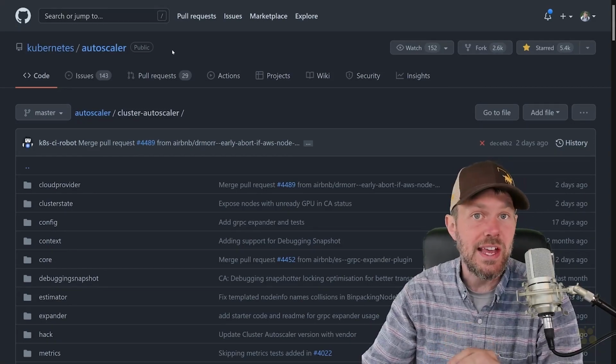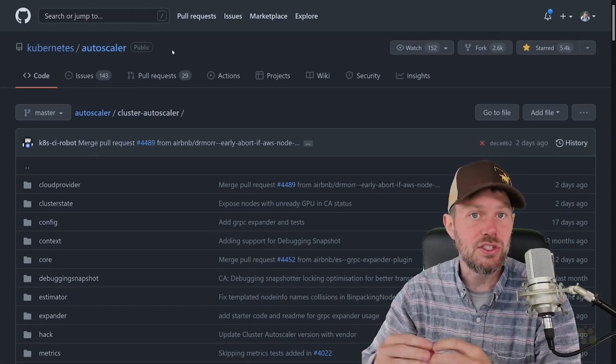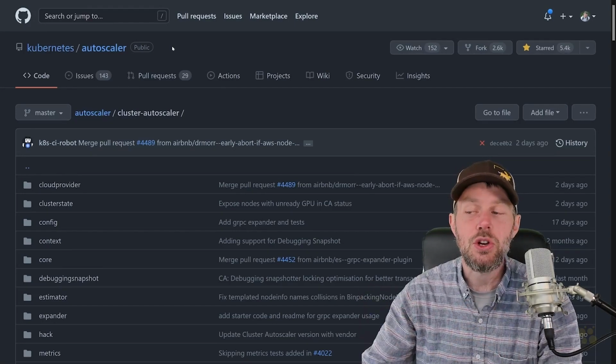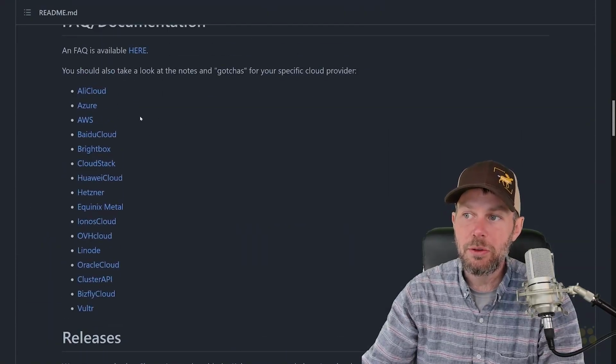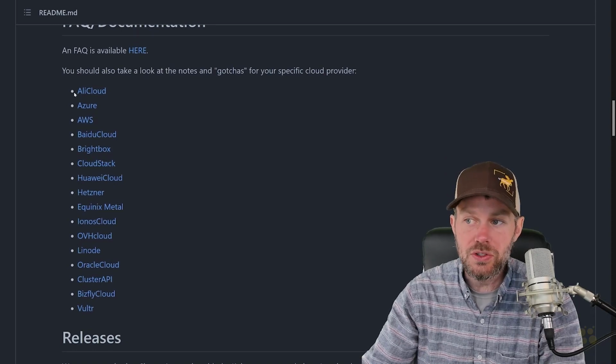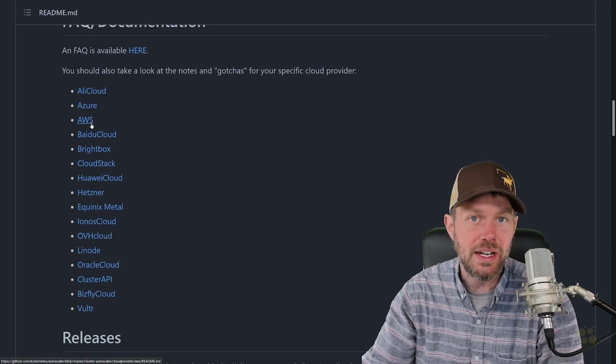However, in this case, CA is actually referring to the cluster autoscaler feature that allows us to dynamically size the number of nodes that are running on our cluster. So if we scroll down a little bit here, you'll see that there are a bunch of different supported cloud vendors here. And for this particular demonstration, I'm going to be using the Amazon Web Services Elastic Kubernetes Service, or